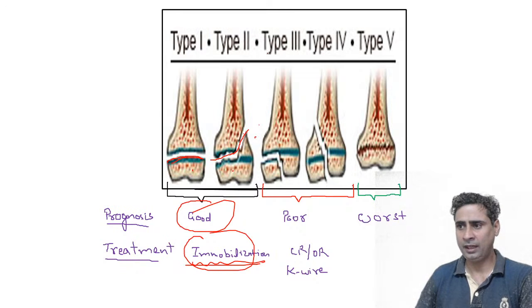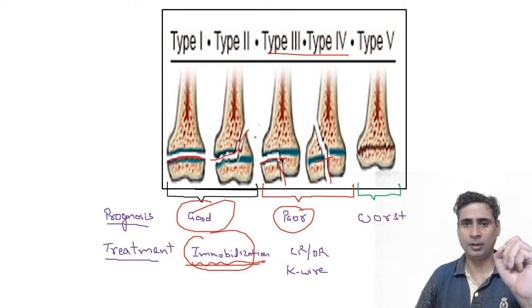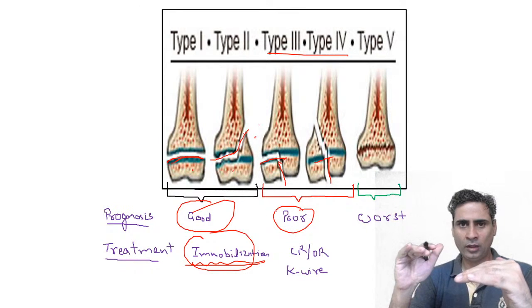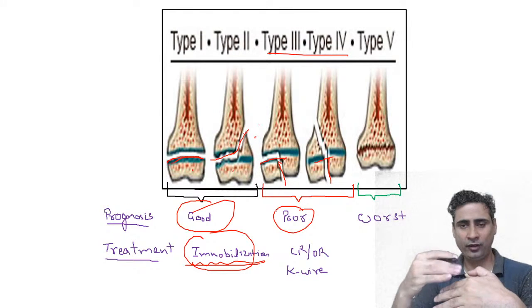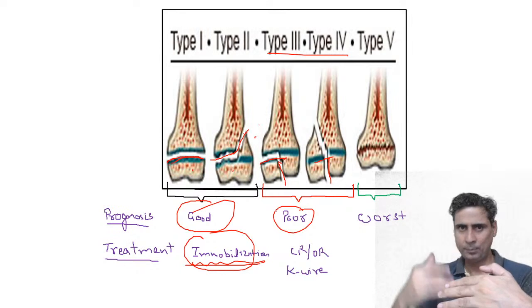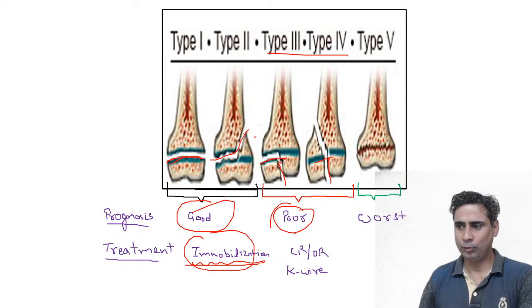Now type 3 and 4 are injuries from the epiphyseal side. So the epiphyseal side of cartilage is also damaged, which is the side from which there is recovery. So they have poor prognosis because the layer of physeal cartilage which leads to regeneration, the quiescent zone or resting zone, which is on the epiphyseal side, is also damaged. So prognosis is poor. Here always either closed reduction or open reduction along with